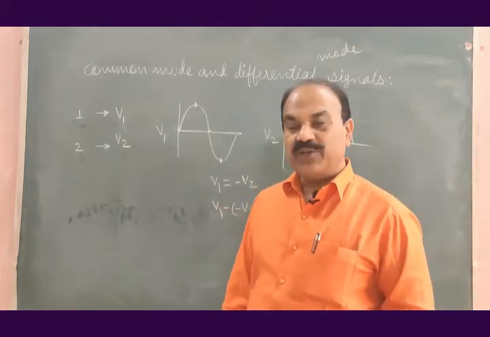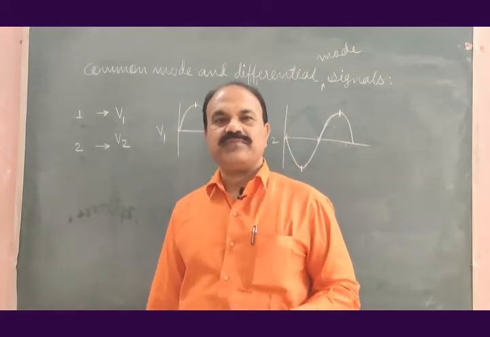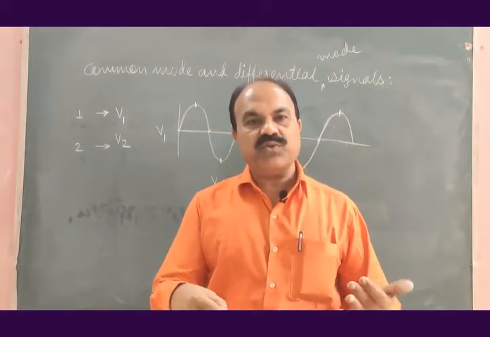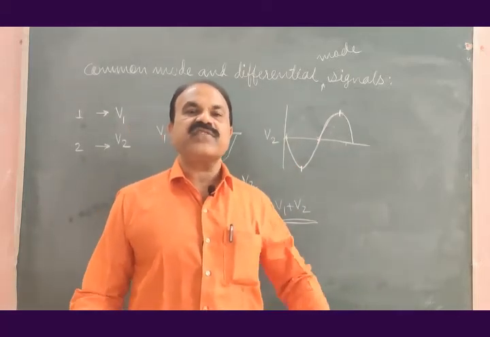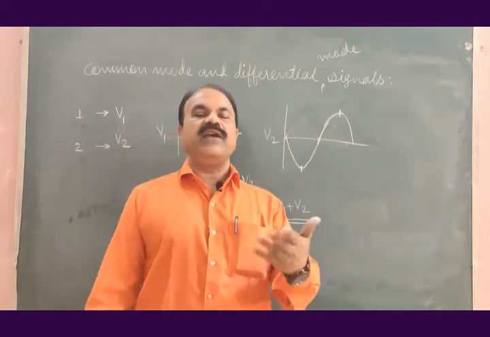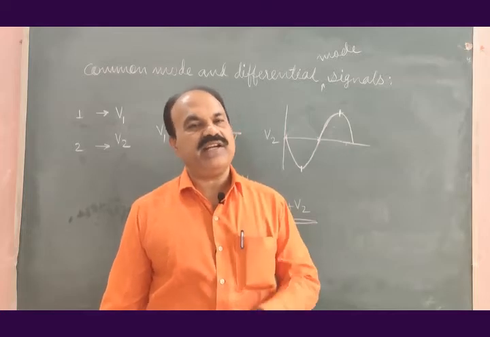The difference of the two input voltages is now not 0. It has a finite value, which is V1 plus V2, and therefore we will get a finite output voltage at the output